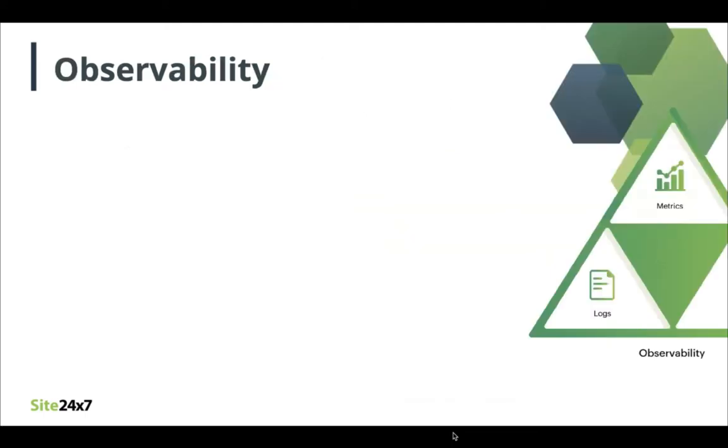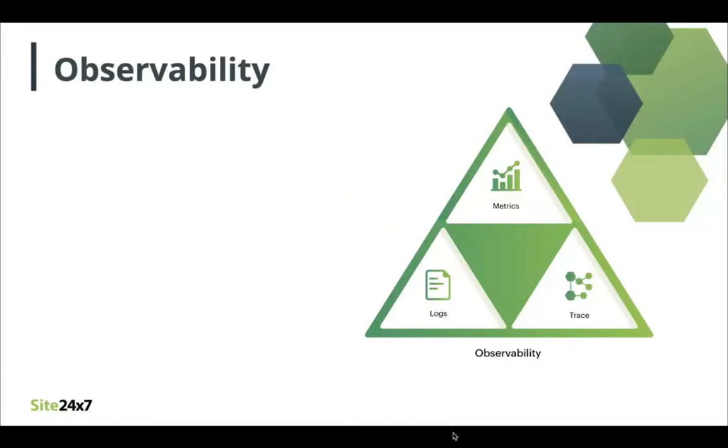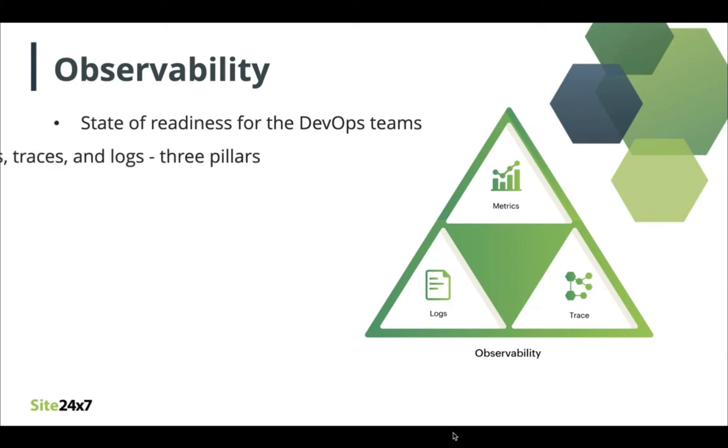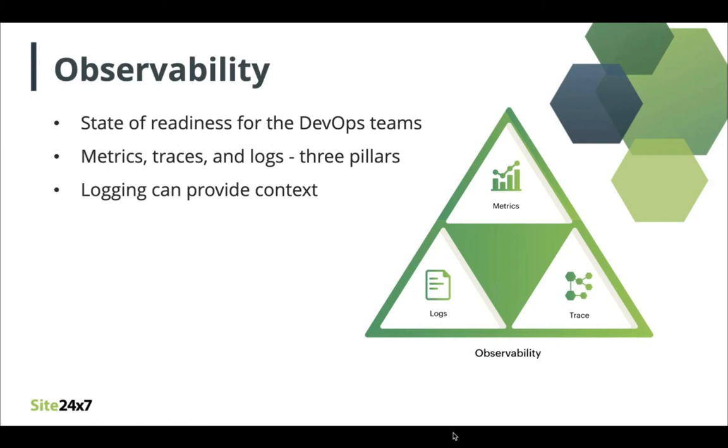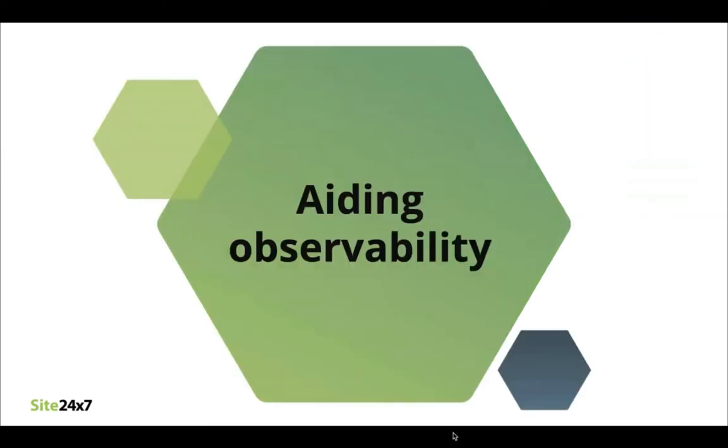Coming to the observability part, we all know that observability is a tooling or technical solution that allows teams to debug their systems actively. It is a state of readiness of the DevOps teams to instantaneously identify unexpected application behavior and pinpoint the root cause. Well, how does log management aid observability? While metrics, traces, and logs are the three pillars of observability, logs help you identify a set of parameters leading to a state of the system. This is where logging provides context. Let's take a look at some business use cases to understand this better.